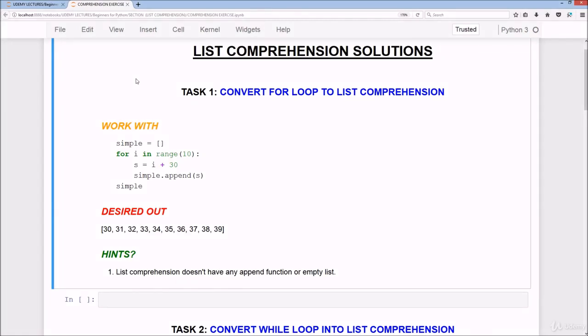Welcome to List Comprehension Solutions. So for task 1, convert for loop to list comprehension. What we have to do is work with this code here, and then we have to convert this into a list comprehension and get this output here from 30 to 39, which is equivalent to the output that we have